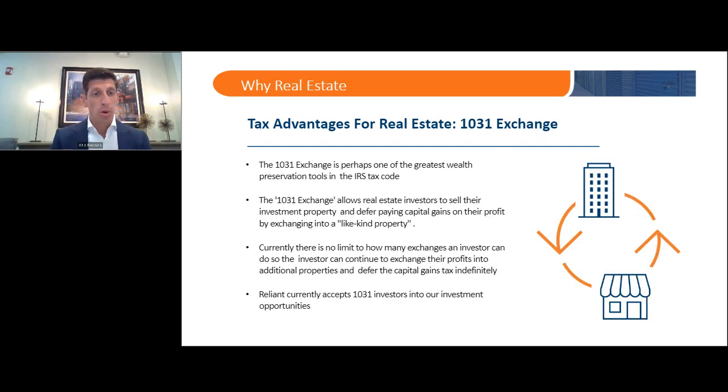And then this one, boy, this is, in my opinion, probably one of the greatest wealth preservation tools in the tax code today. This is the 1031 exchange. And so one of the unique things with real estate in the current tax code as it stands, our politicians have been trumpeting that they potentially will take this away, but it's existed for the last 125 years. And my expectation is it will probably exist moving forward. But the 1031 exchange allows you to buy real estate, and if you sell it at some point in the future and realize a gain, you can defer paying the tax on that gain by exchanging your profits into a like-kind